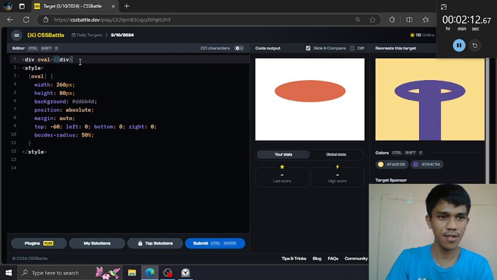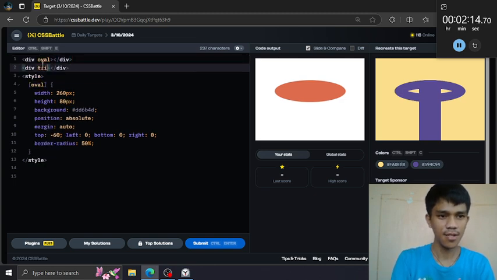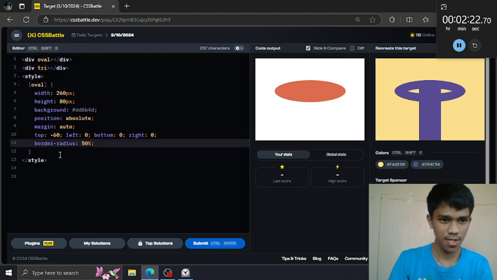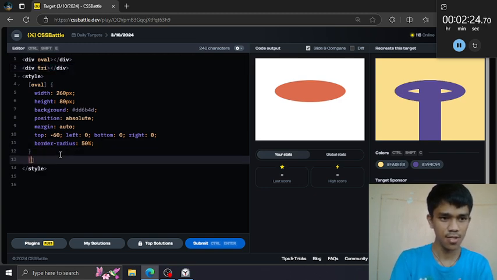So let's create a triangle 1 here, and maybe let's just one triangle and back shadow this right side. So try, select it down here, try.